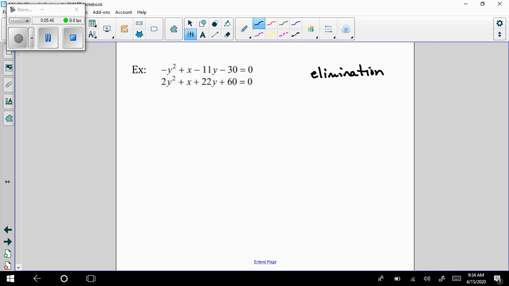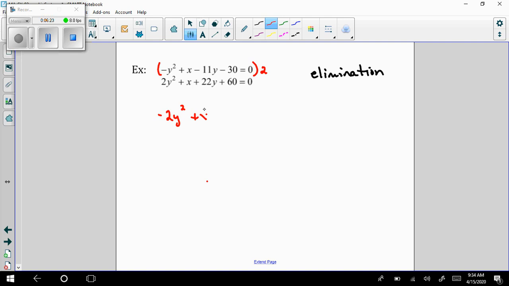And you just have to decide by looking to see which one is going to be the easiest to eliminate. So I can see right here, if I multiply this by 2, I can eliminate my y squared terms. You don't necessarily have to eliminate those first. You could eliminate just a single variable if you wanted to. It's all going to work out the same in the end, but you're going to have to factor at some point. All right, so if I multiply that first one by 2, I get -2y squared